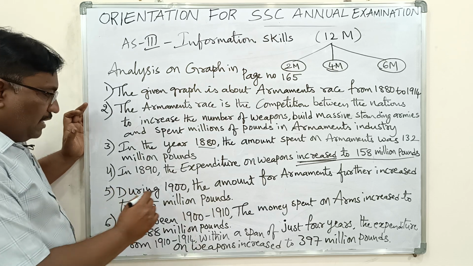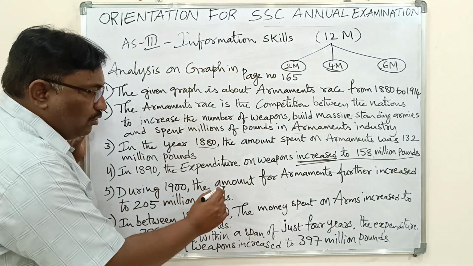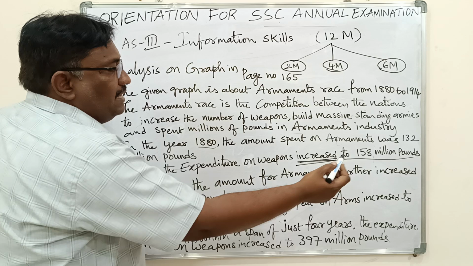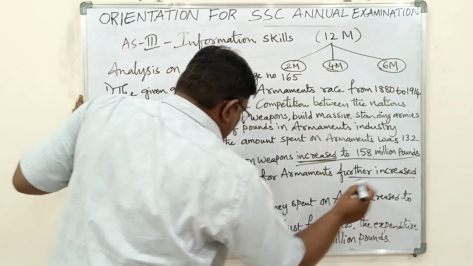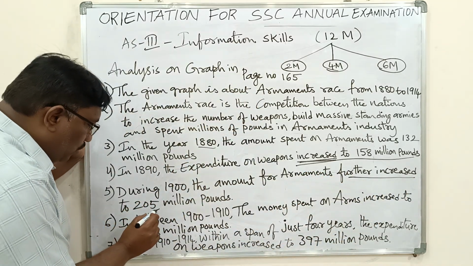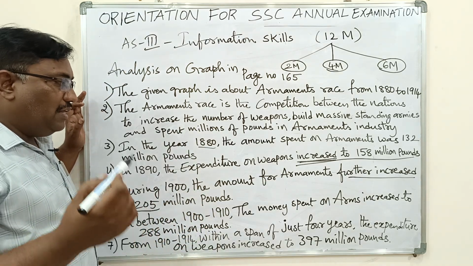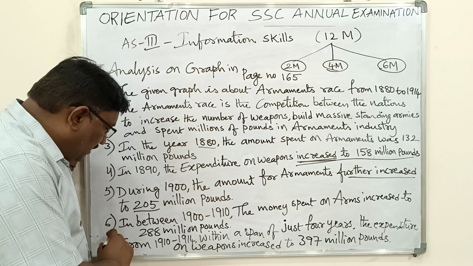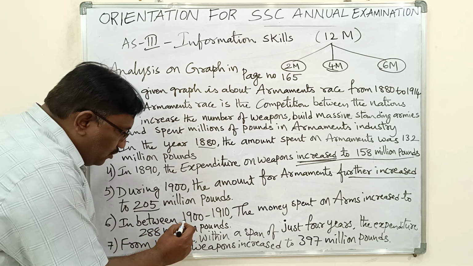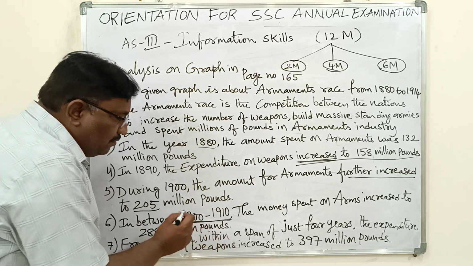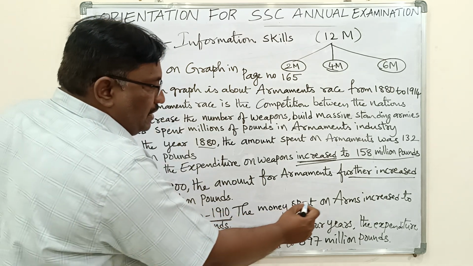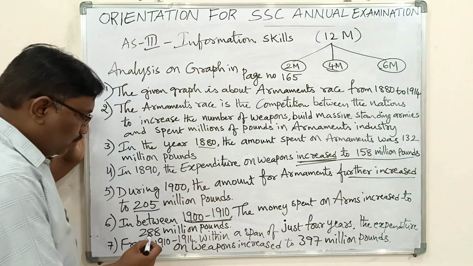Next, during 1900, the amount for armaments further increased, again increased to 205 million pounds. That is 205 million pounds they have spent on the armaments. Coming to the sixth point, between 1900 and 1910, just in the span of 10 years, the money spent on arms increased to 288 million